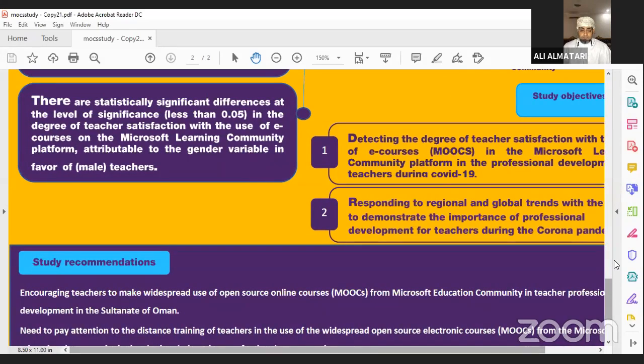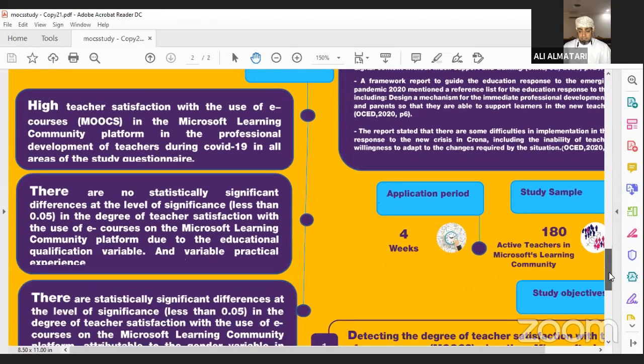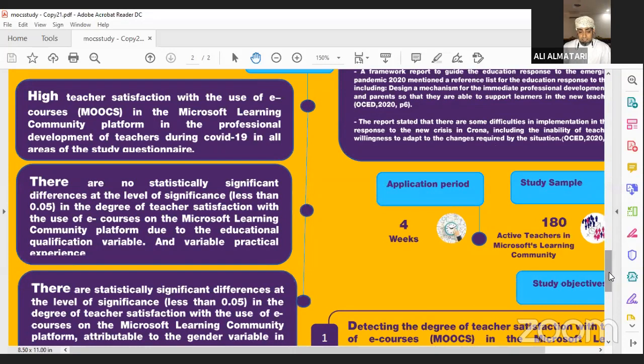What is the result? Study result: high teacher satisfaction with the use of e-course MOOCs on the Microsoft Learning Community platform in professional development during COVID-19 in all areas of the study question. Second question: there is no statistically significant difference at the significance level of less than 0.05 in the degree of teachers'